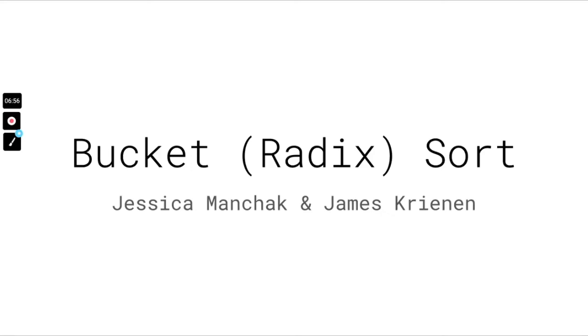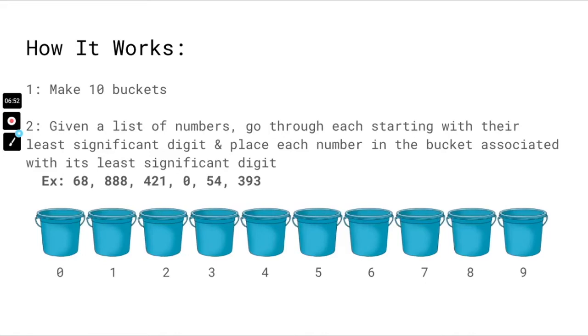So we received BucketSort as our sorting algorithm, and to start we'll be going over how it works. To begin a bucket sort, you're going to make 10 buckets labeled with indices 0 through 9, and each index will have the potential to hold multiple values. So essentially it could become a linked list, and that's just useful to keep in mind based on how this